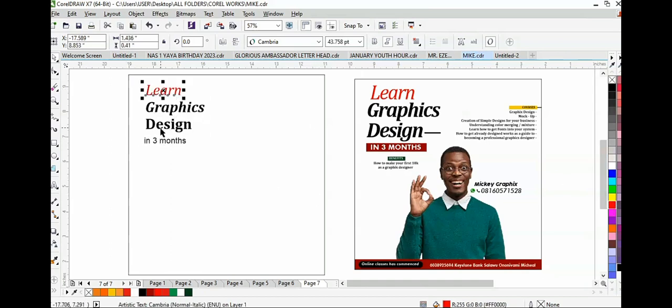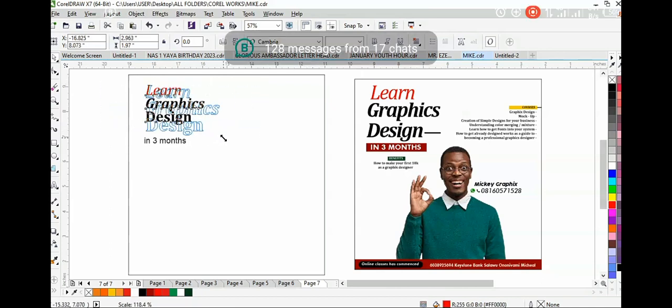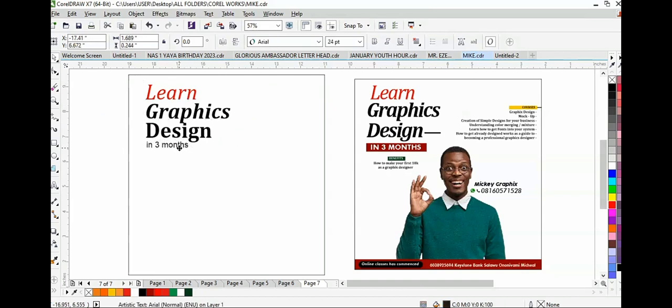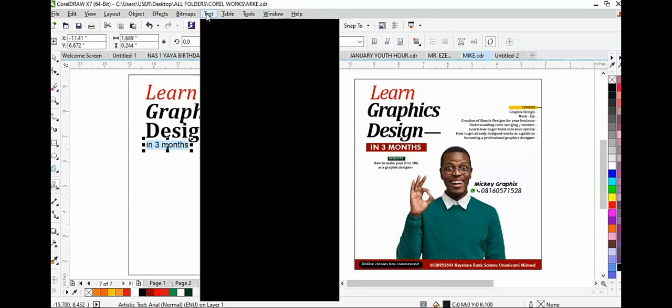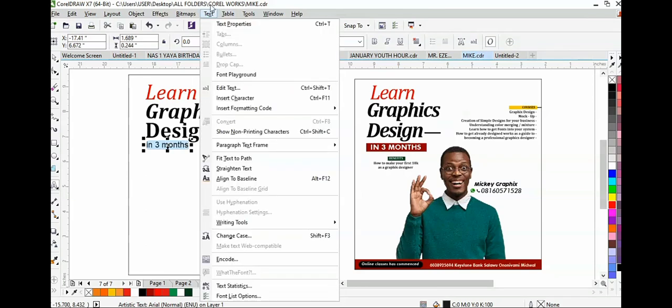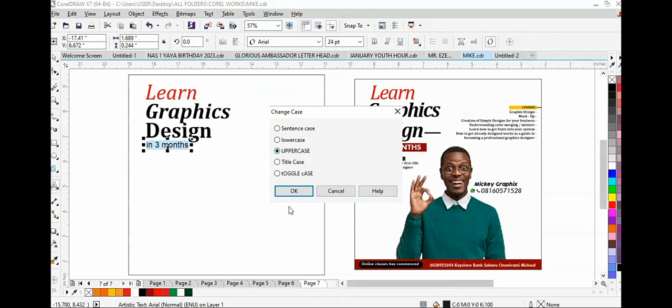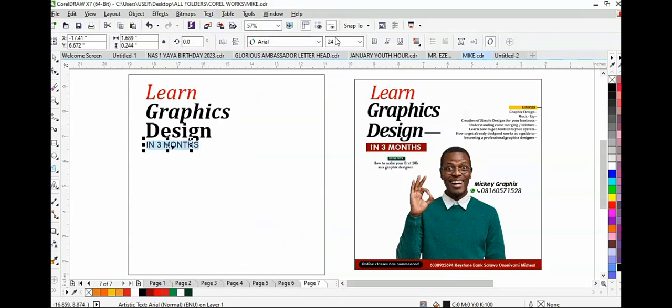So I notice the gaps between them are too much, so I'm going to take it closer. You hold down Control so that your text will align together. So I increase the size again, then bring this down. So I'm going to edit it, double click, then highlight it, because it's supposed to be in capital letters, "in 3 months." So I go to text and select change case, or just press F3 on your keyboard and change it to uppercase. Okay, bolding it,